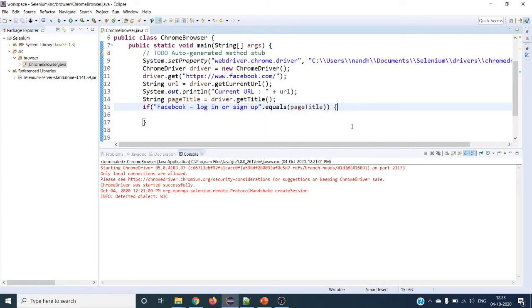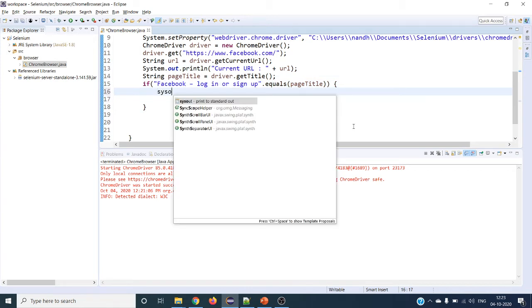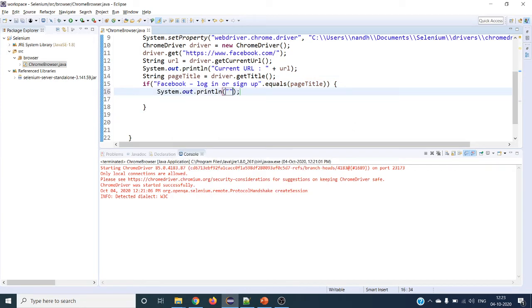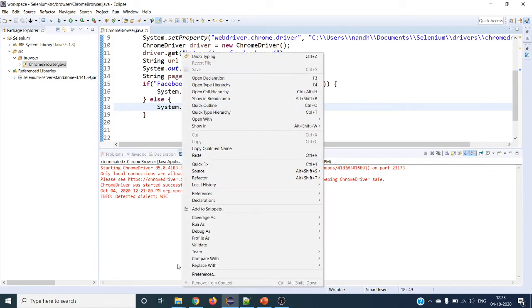If it is fetched and it is equal, let's print test case passed, else test case failed. Let's run and try.